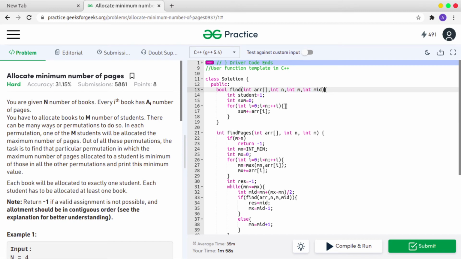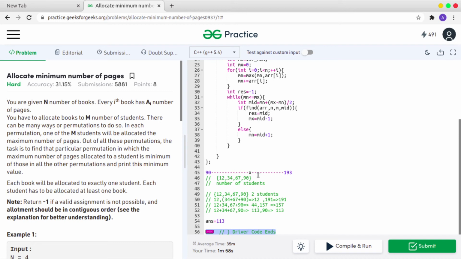You can't have a fraction of pages. You have to either give the complete book or you can't give it. So basically you have to find a sum which is less than mid. If you are going to find something which is less than mid, you are going to run the binary search on that part only.